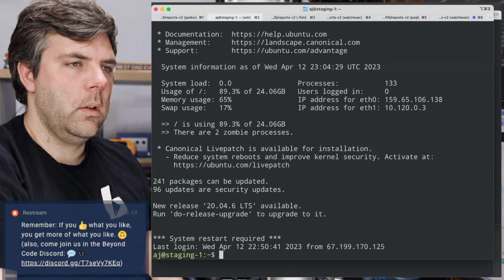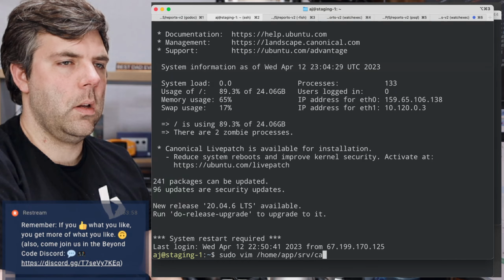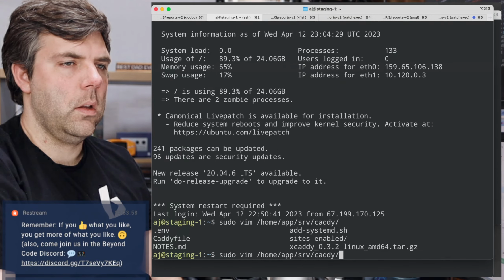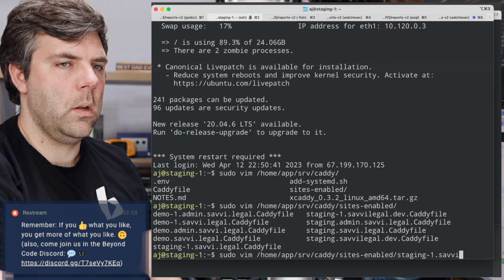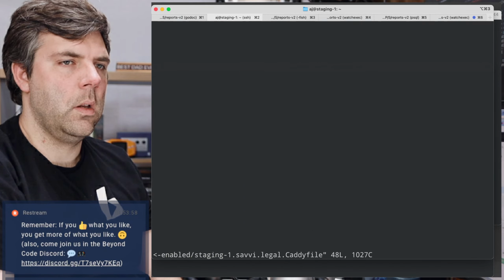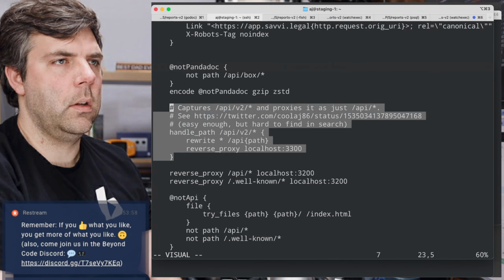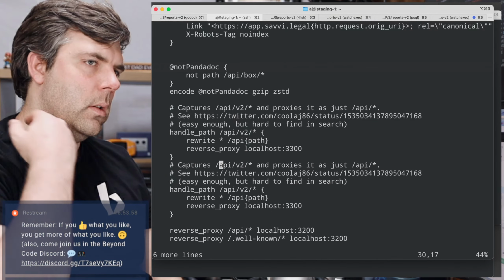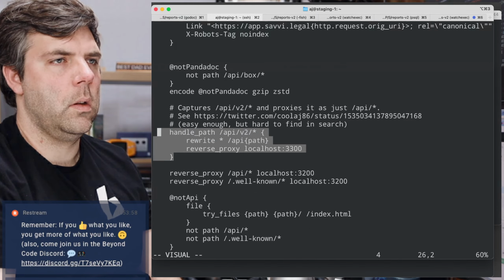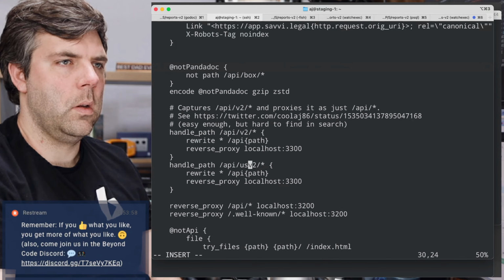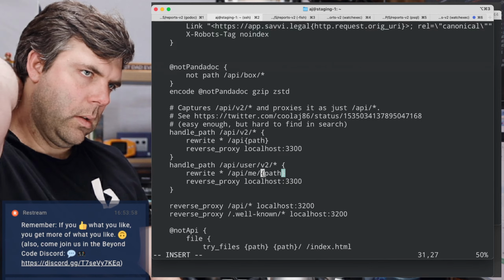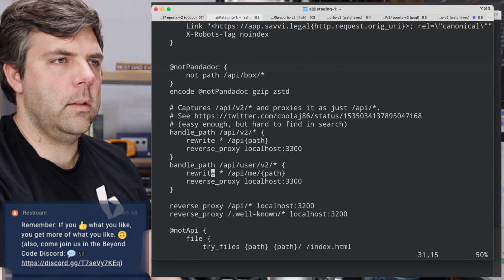So we're going to do... Okay, API v2. And then let's add some other ones here.